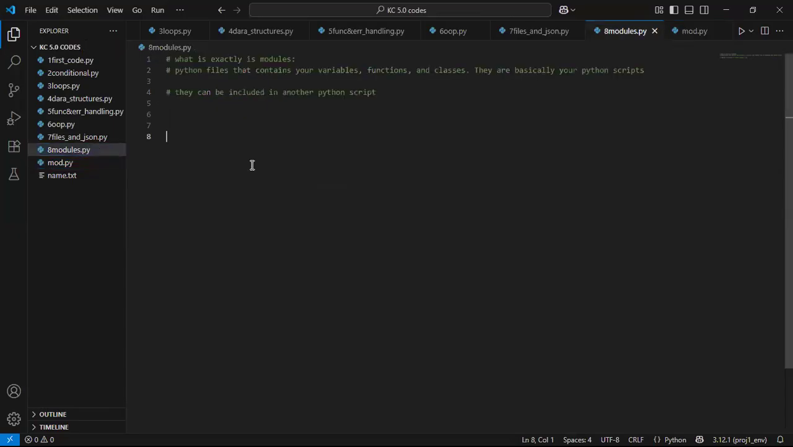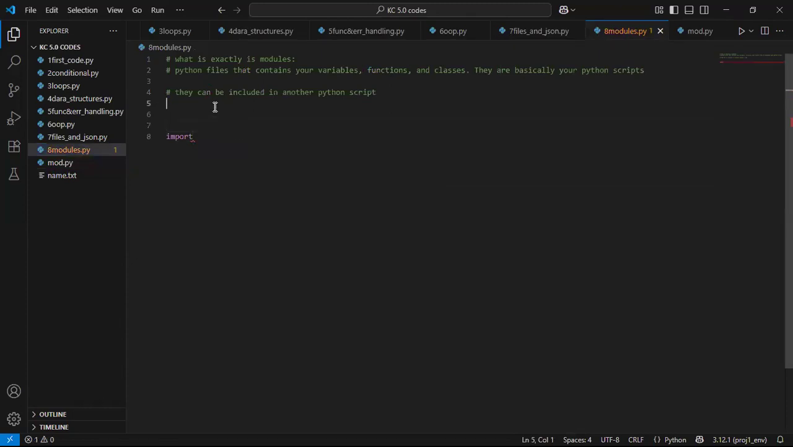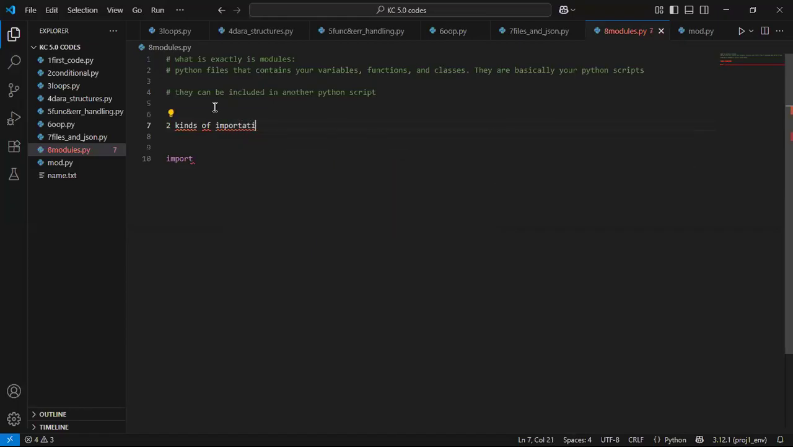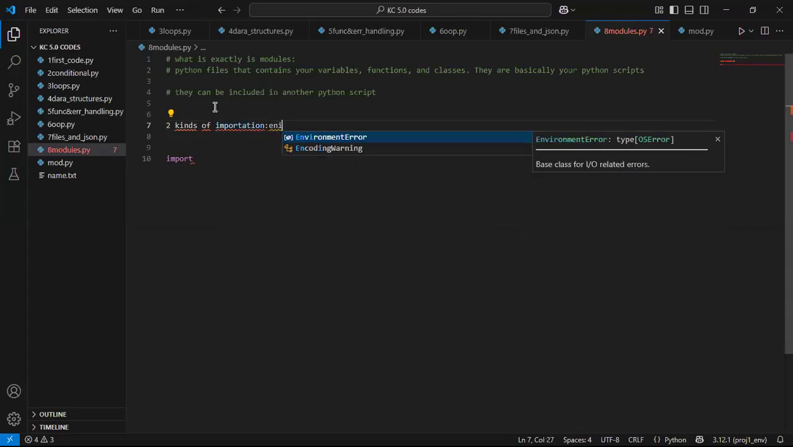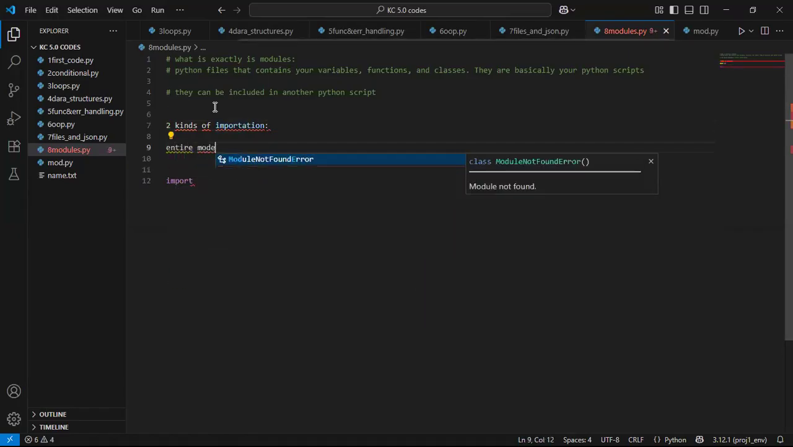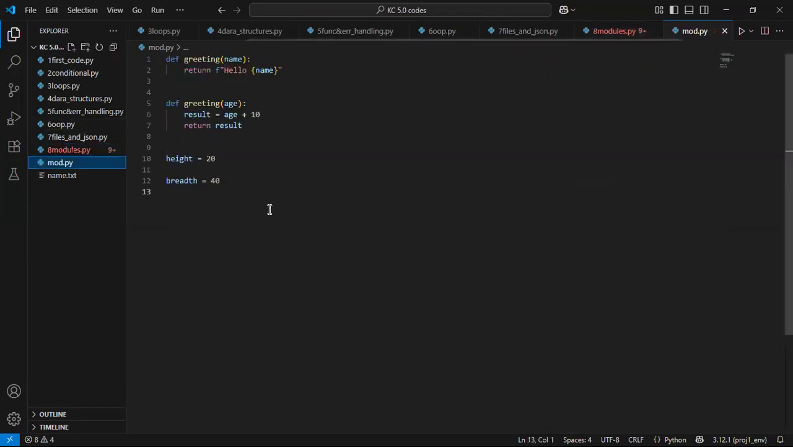And how do we do this? We do this by using a keyword called import. There are basically two kinds of importation. The first is what we have as an entire module importation. This kind of importation is where we bring in everything in this file,